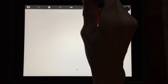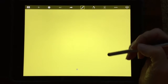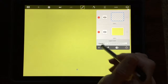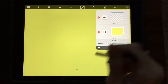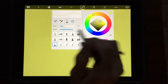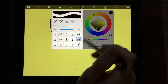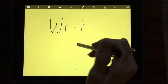So a trick that you can use, let me go back here and fill this again with my yellow color, is after you fill the background, you're going to put that in on the first layer. And now we're going to add a second layer by hitting this plus right here. That will open up another layer. Make sure that that's the layer that you're working on by tapping on it. And now I'm going to go back and use my pen in my black, and I'm going to write something. And if I want to erase it now, it will only erase the part that's on that layer and will